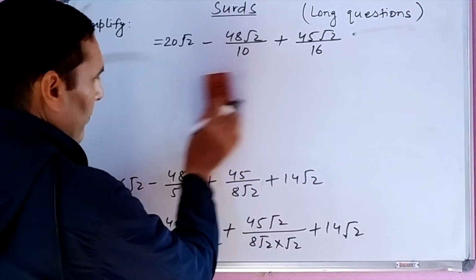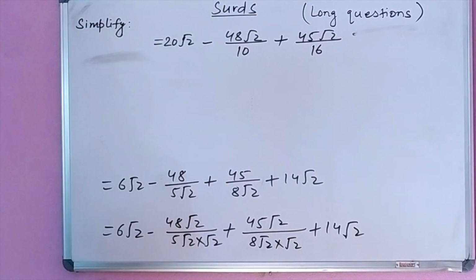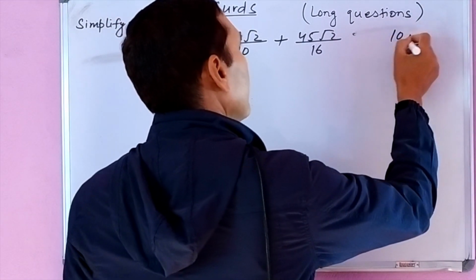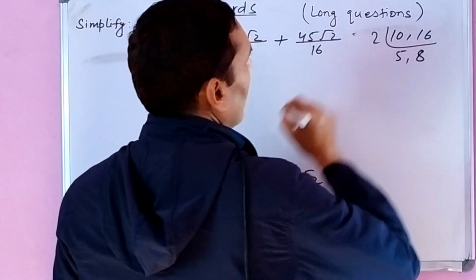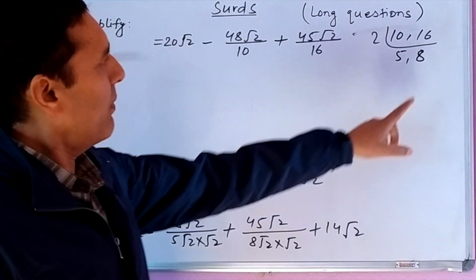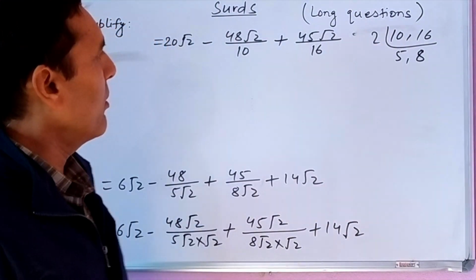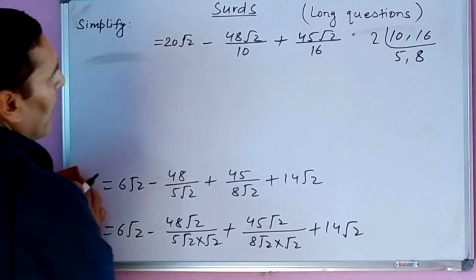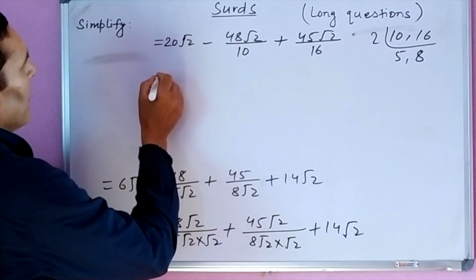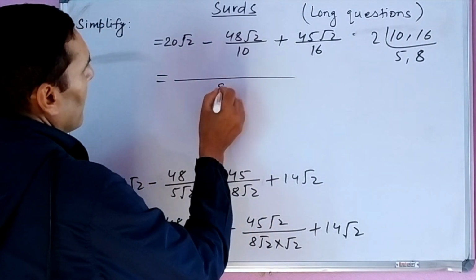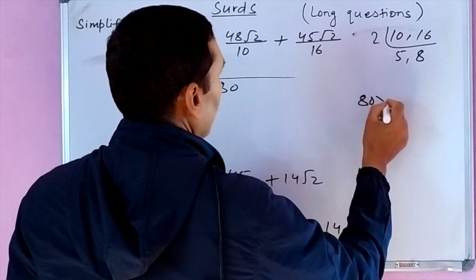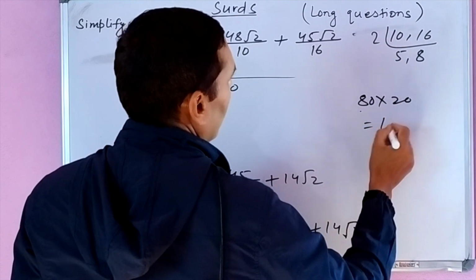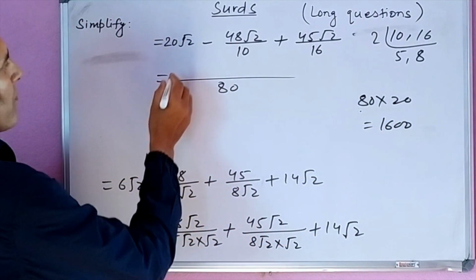Now, what will be the LCM of 10 and 16? 5 times 8 times 2, which is 80. So the LCM of 10 and 16 is 80. Take the LCM 80. So 80 into 20 is 1600